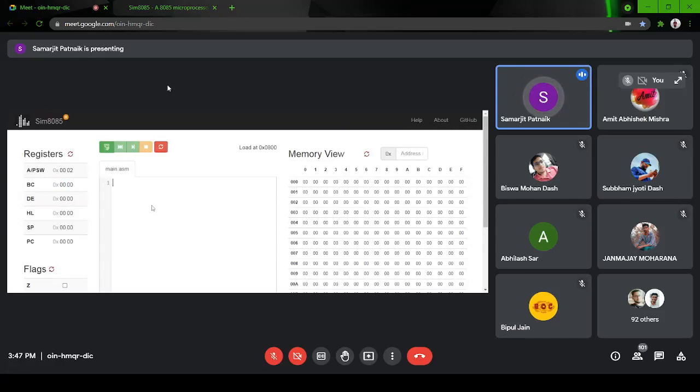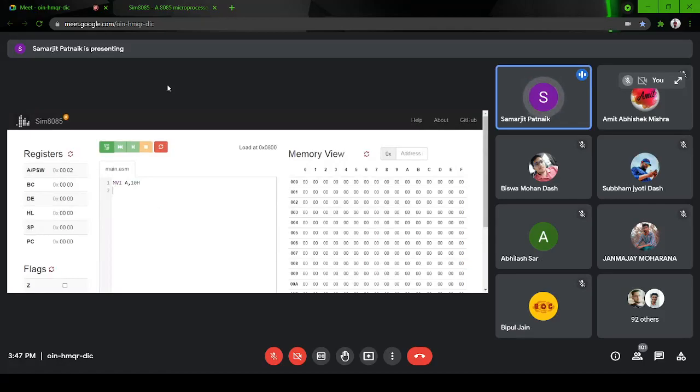So my first instruction: suppose I want to add, the first element has to be transferred to register A. So I will write MVI A, comma, any hexadecimal data. Let us say I am taking 10H. H is for hexadecimal. The syntax is MVI A, 10H, the H being the hexadecimal number notation.